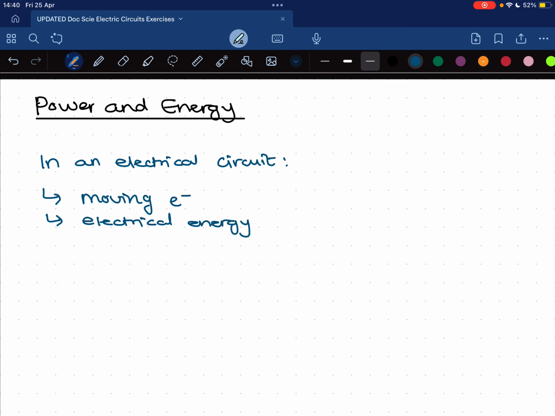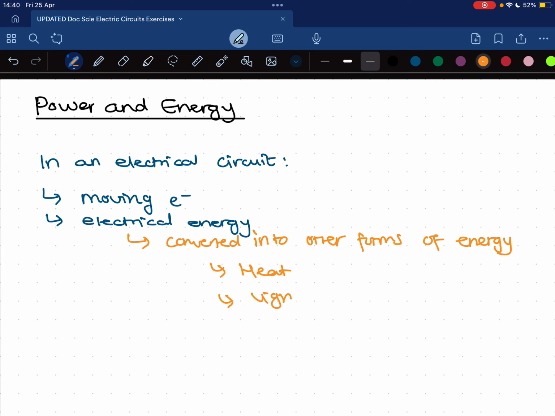And that energy is normally converted into other forms of energy, such as heat or light, depending on if it's like a light bulb or just any normal resistor. So it's mostly heat, but it can do other things such as light or even